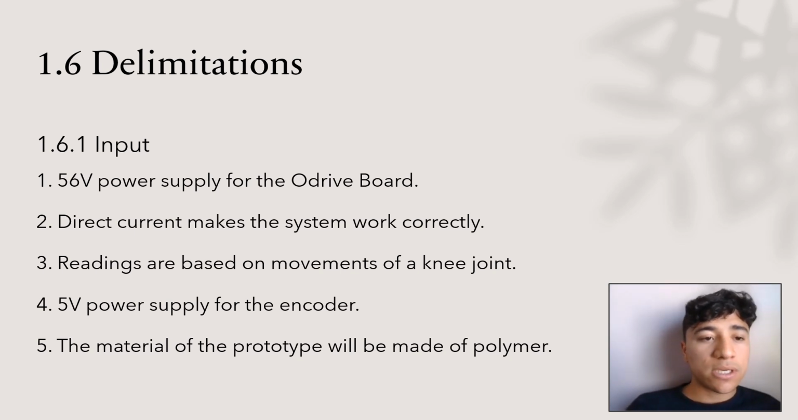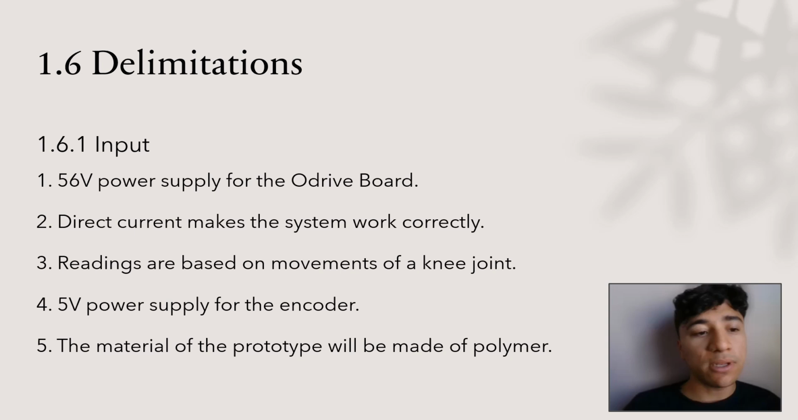Unfortunately for us, our system or device is not going to be perfect. It's going to have some delimitations. So here I'm going to list the delimitations in three categories: the input delimitations, the plant delimitations, and the output delimitations. In the input delimitations, I have a 56 volt power supply for the controller, which is an O-drive